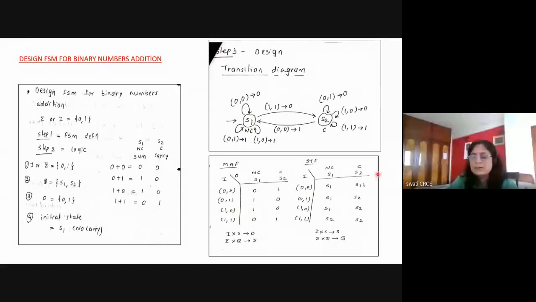And here you will write down the previous state and the next state. So here you are saying that your current state is S1. In the state S1, if the input is 0, 0, the new state is S1. Or if the machine is in the S1 state and the input is 1, 1, then it is transiting and the new state is S2. So here we are writing S1, the input symbol is 1, 1, so the new state will be S2. So like this we draw the transition table.